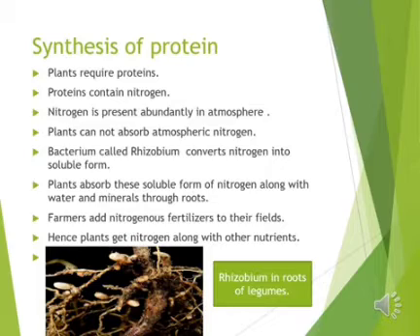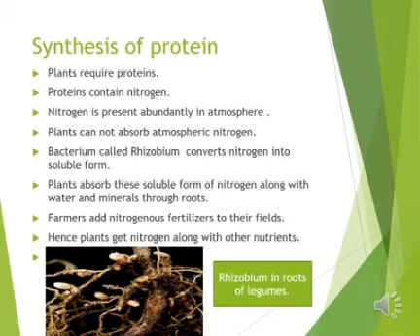I have already told you that carbohydrates are made of carbon, hydrogen and oxygen atoms. Similarly, proteins are made of carbon, hydrogen, oxygen and nitrogen. Now from where do you think these plants get nitrogen? And all of you know that the atmosphere has an abundant amount of nitrogen. But there is one more thing to tell you. These plants cannot absorb nitrogen directly from the atmosphere. So now, how does it get this nitrogen?